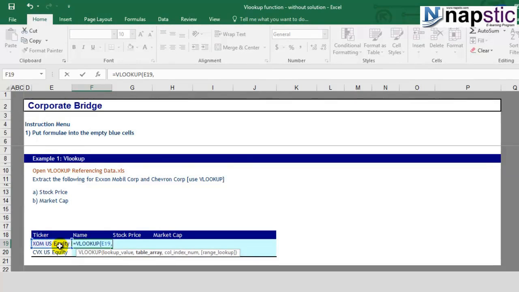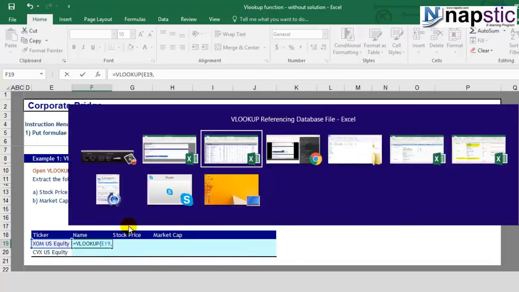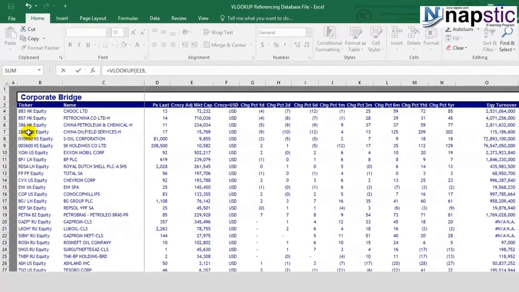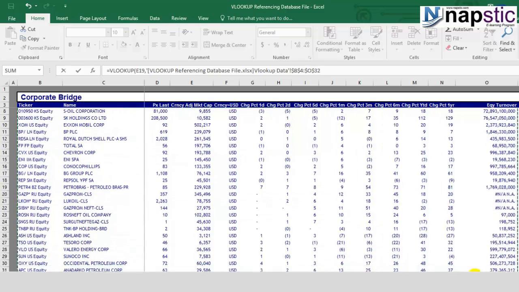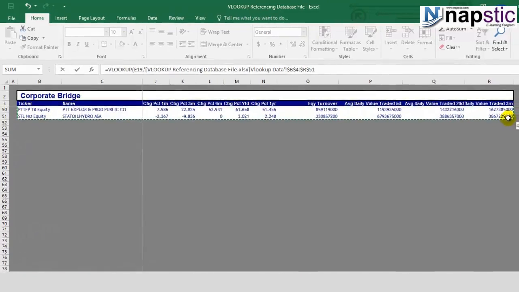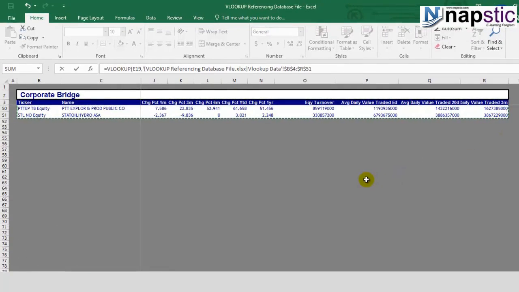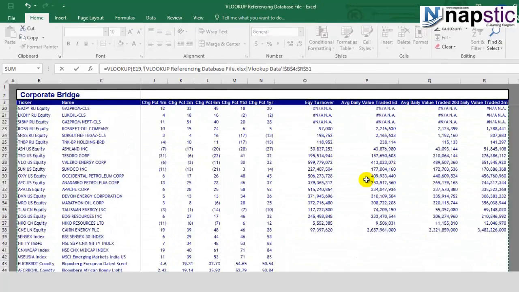Next, it asks for the table array. The table array needs to be linked to our data sheet. So we go to the data sheet over here, and now we need to select the database. I'm going to select the entire database, which starts right from B4 to R51. Once you have selected this,